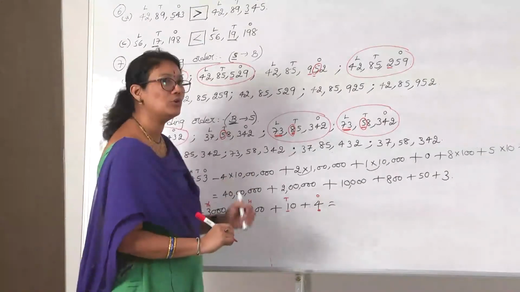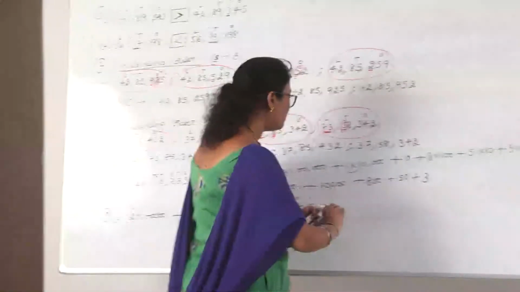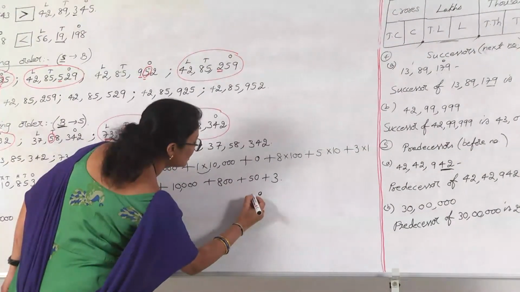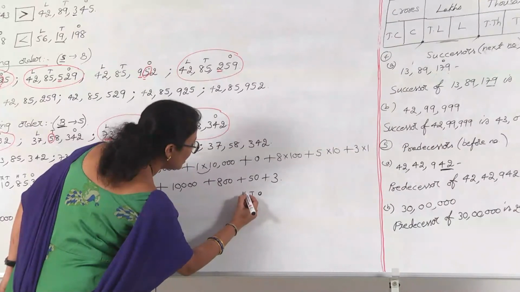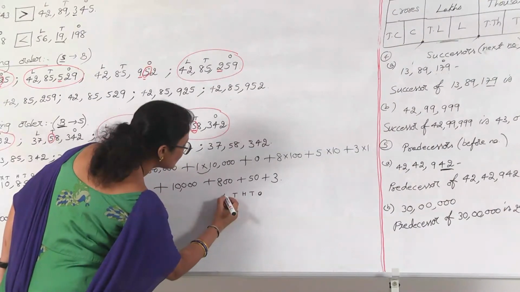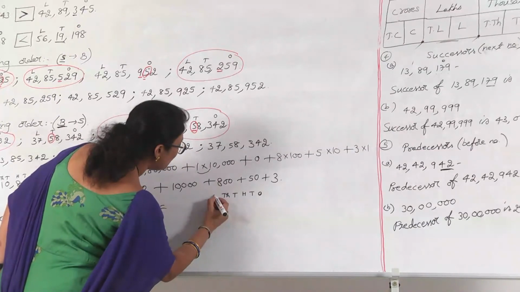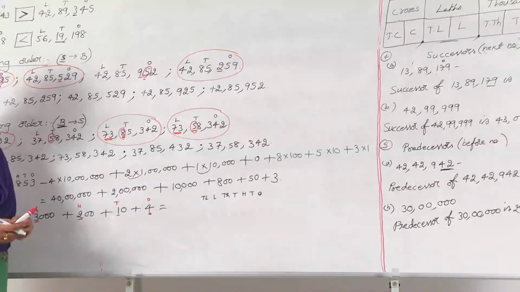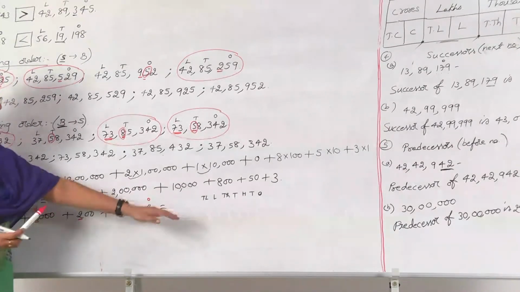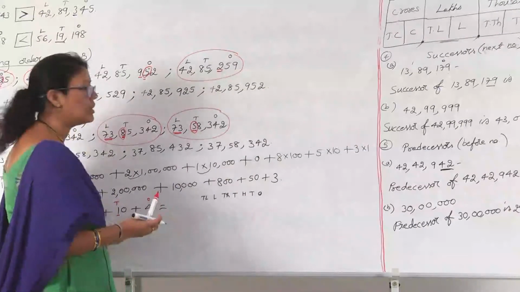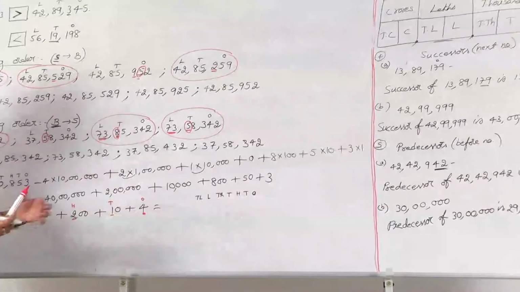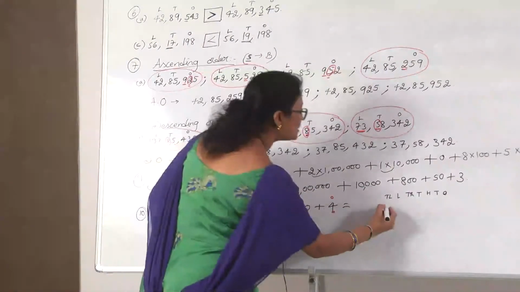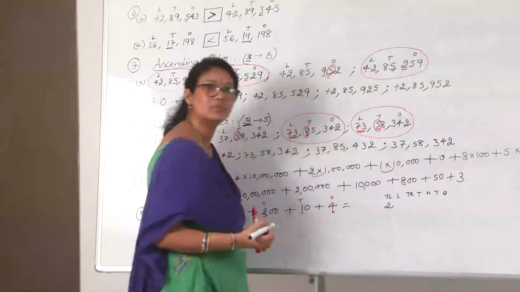Now, let us see how to write this expanded form in the shorthand. Before writing, first let us write the places: 1's place, 10's place, 100's place, then thousands, 10,000's, lakhs and 10 lakhs. If you can write directly, you can write it. Otherwise, better you write the places first and then we will write the given expanded form in the short form. Now, this 2 is under 10 lakhs place, right children. So, we write that 2 under 10 lakh place.